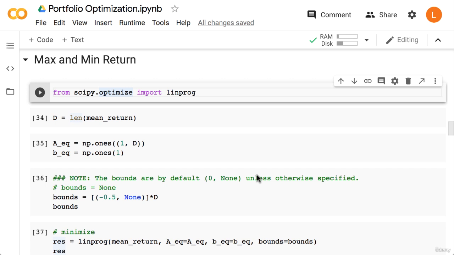In this lecture, we are going to look at how to find the maximum and minimum return of a portfolio in code. This lecture is going to walk you through a prepared Colab notebook, although a very good exercise, which I always recommend, is once you know how this is done, to try and recreate it yourself with as few